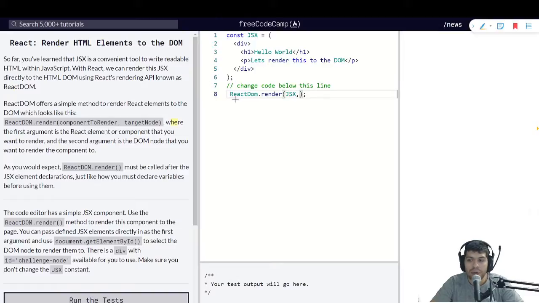Okay, and then the second argument, so this is our component here, and then the next is document.getElementById. So this is really important. This is getElementById, so you just have to put in the string. So the string is challenge